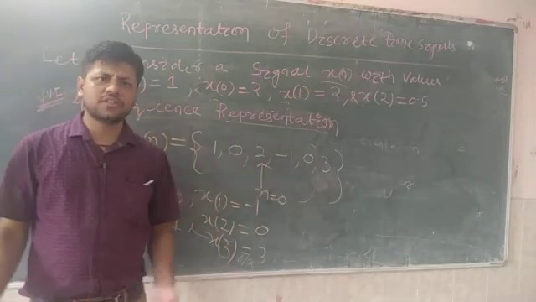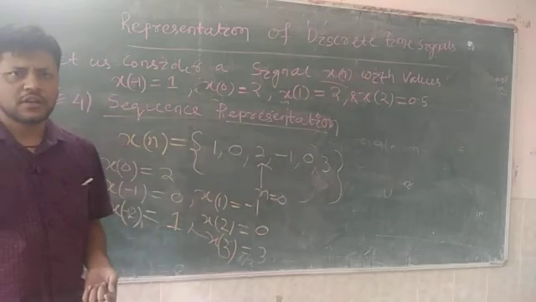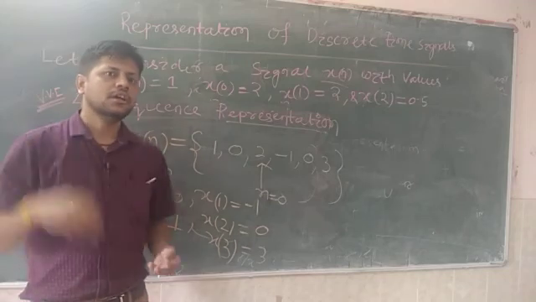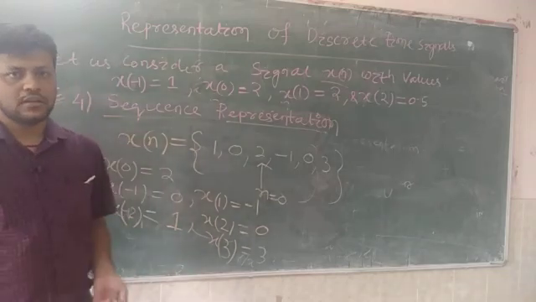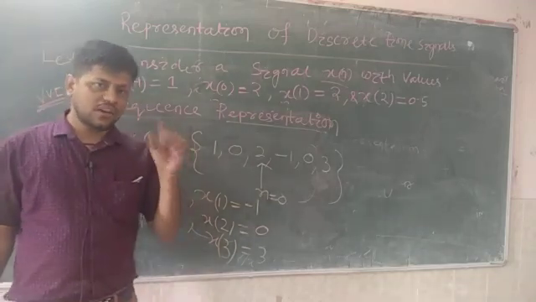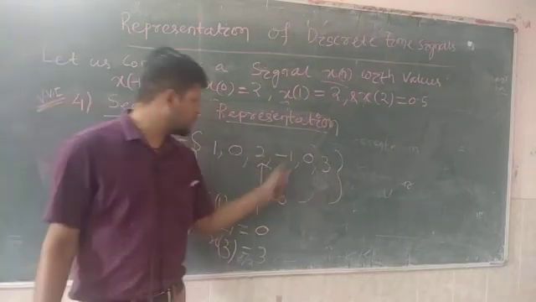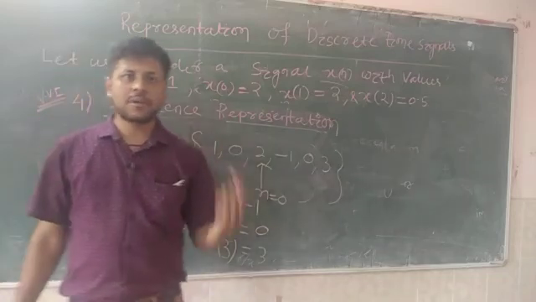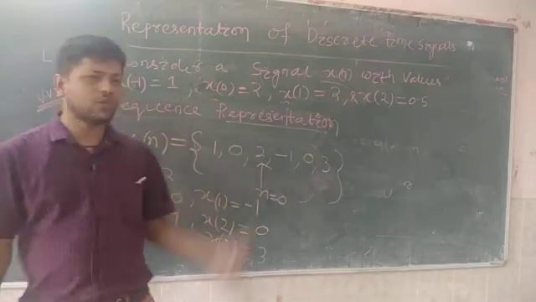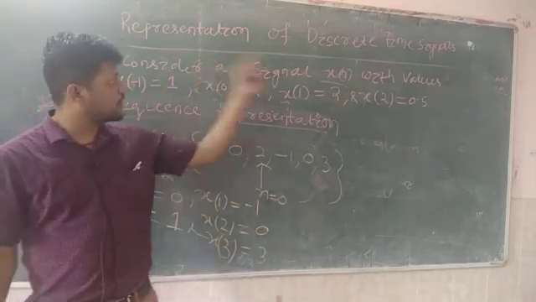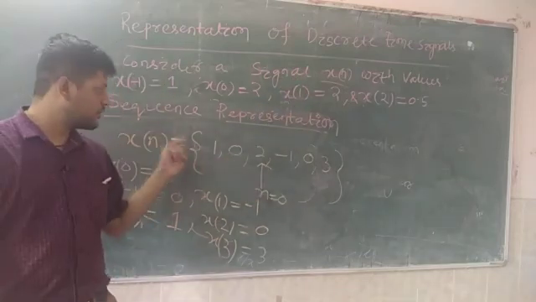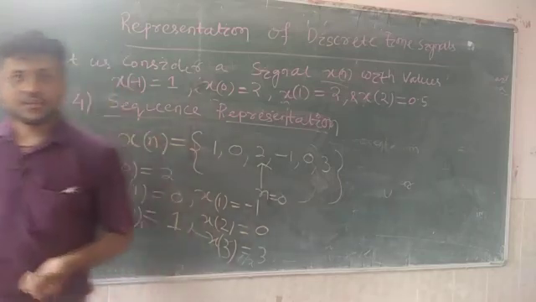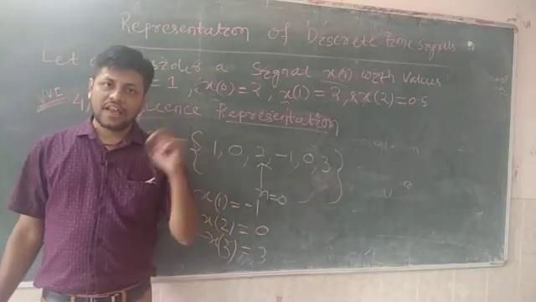If you are moving towards the right, because I have already told you many times that n takes only integer values. Integer means it can be minus 1, minus 2, minus 3, or it can be 0, 1, 2, 3, 4, like that. It can be a negative value, it can be a positive value, but it cannot be a fractional value. But the amplitude can be fractional. In the previous example you have seen x of t is equal to 0.5. The amplitude can be anything, a fractional value or an integer, but the time is always discrete. That's why this is called a discrete time signal. Amplitude here can take any value, but the time always takes integer values.